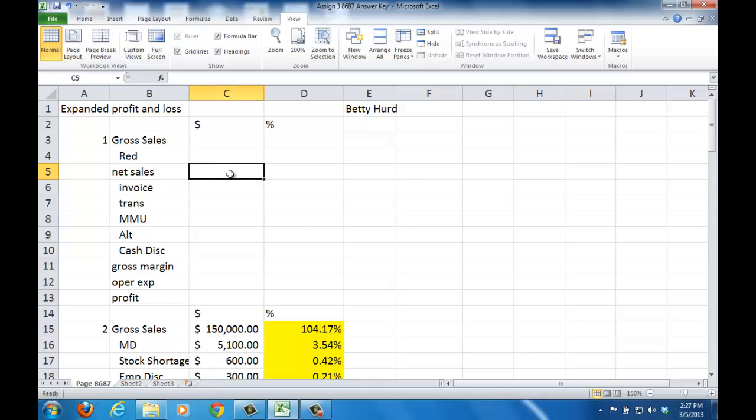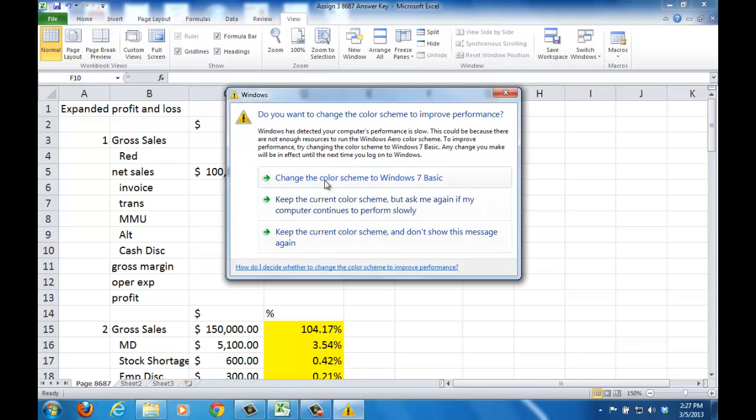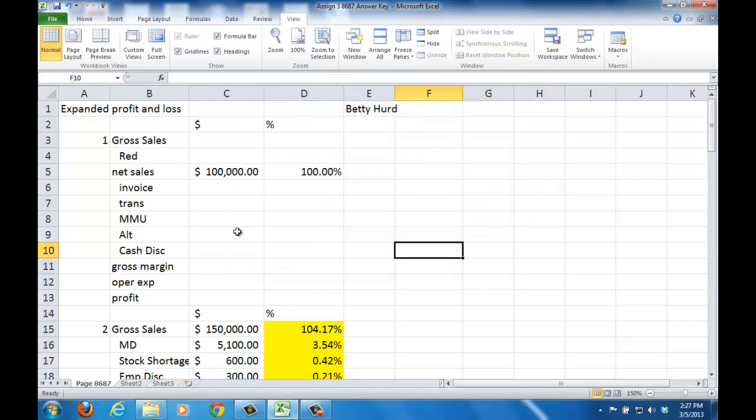So let's stay with our basics that we've been accustomed to, and we'll say that $100,000 is our net sales. And we always know that the net sales number is 100%. So let's fill in a few blanks here. And again, just like a puzzle, this is exactly what we do. So let's say, for example, our gross margin is 55%, and we know that our profit is